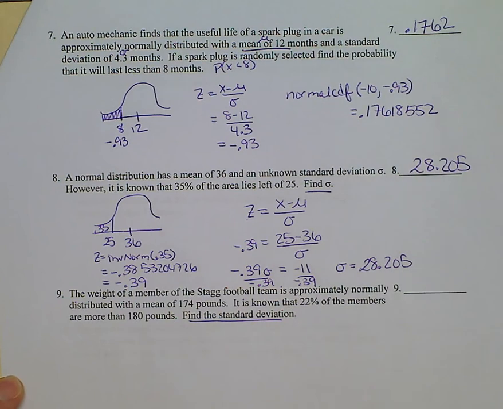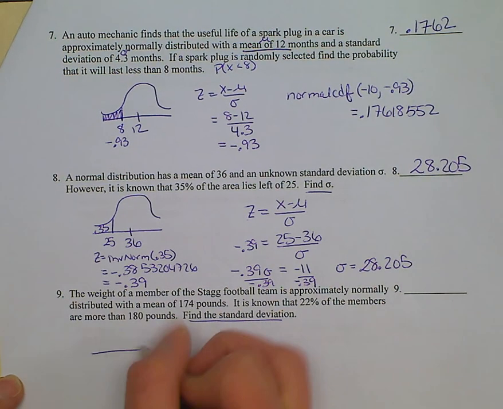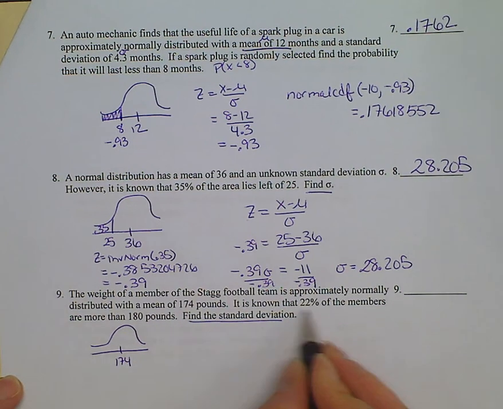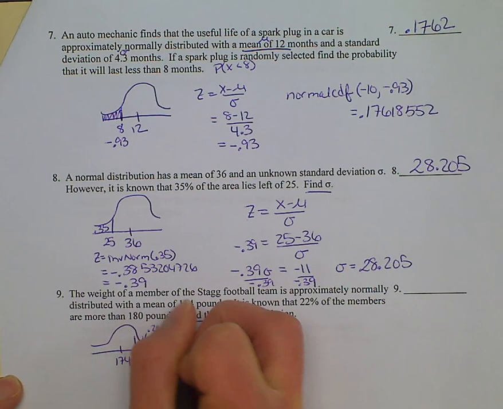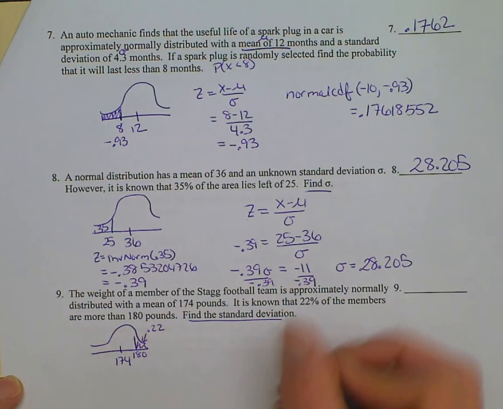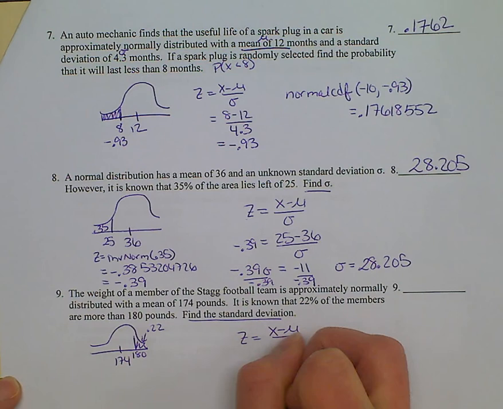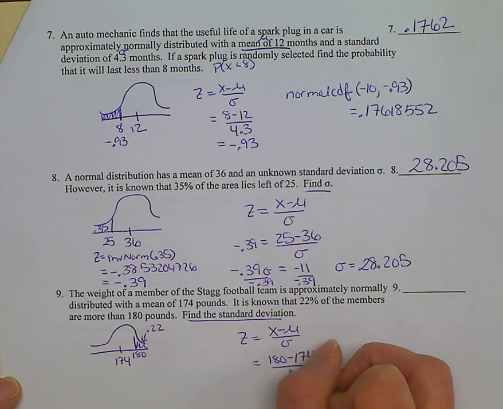Okay, the next one says the weight of a member of the Stags football team is approximately normally distributed with a mean of 174 pounds. It is known that 22% of members are more than 180 pounds. Find the standard deviation. So this one again is extremely similar to number 9. The issue here is that we are given the area at the top of the curve. So when we use the inverse norm,